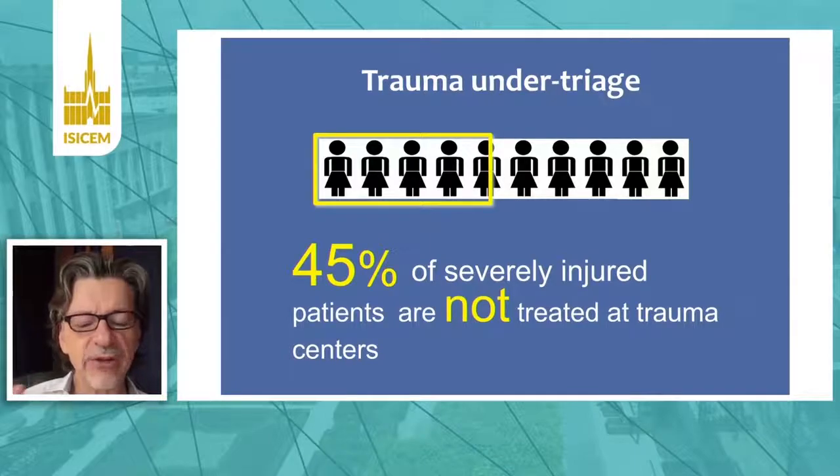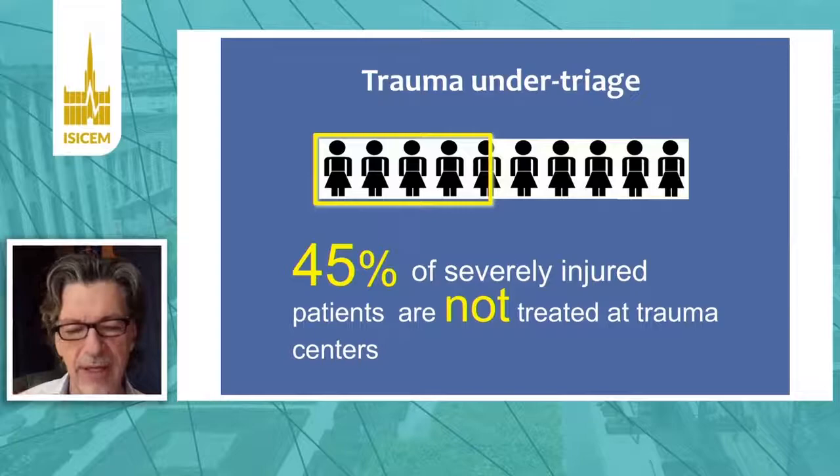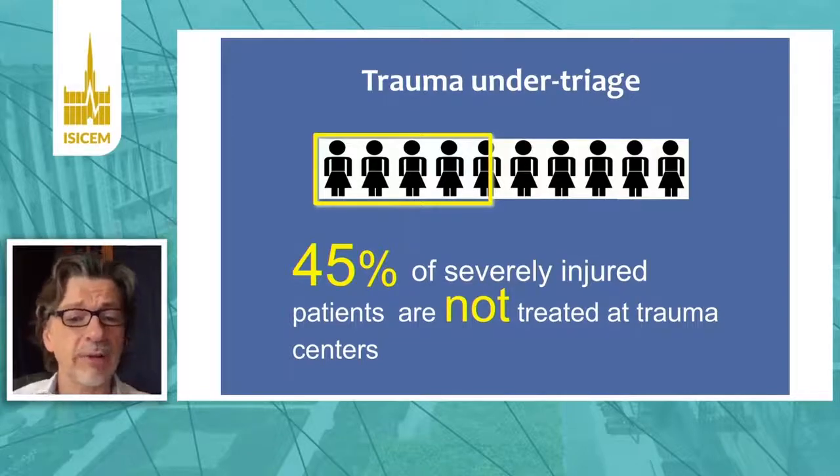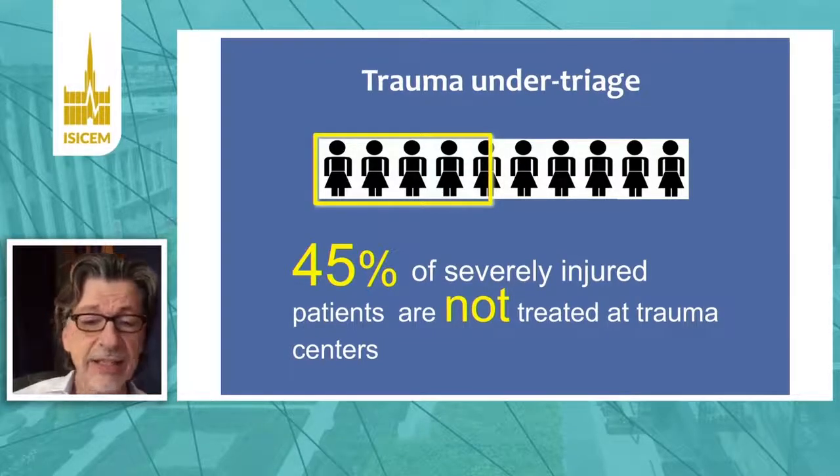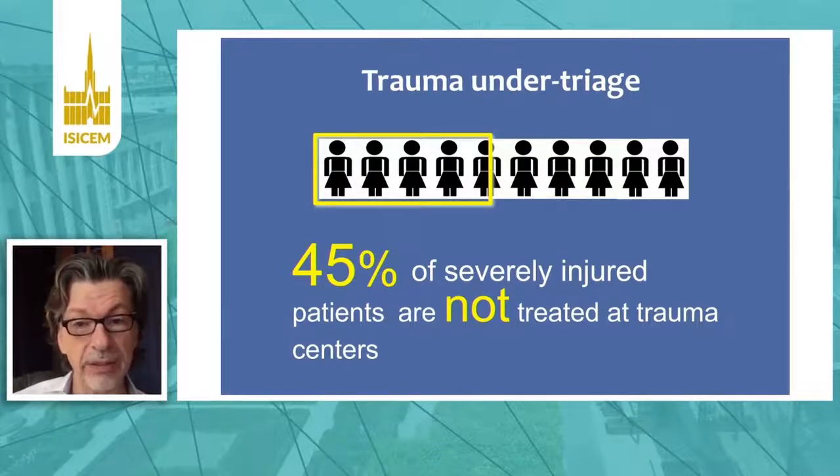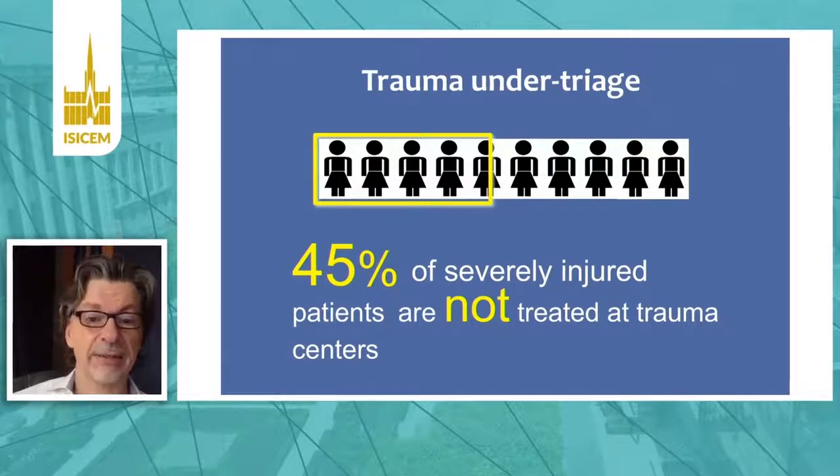if you see a patient in a small hospital with trauma, in the United States, we have a trauma referral system where everyone has been educated to say that certain kinds of patients should be sent on to a level 1 trauma center. And yet nearly half of severely injured patients are not sent on to the big trauma center.